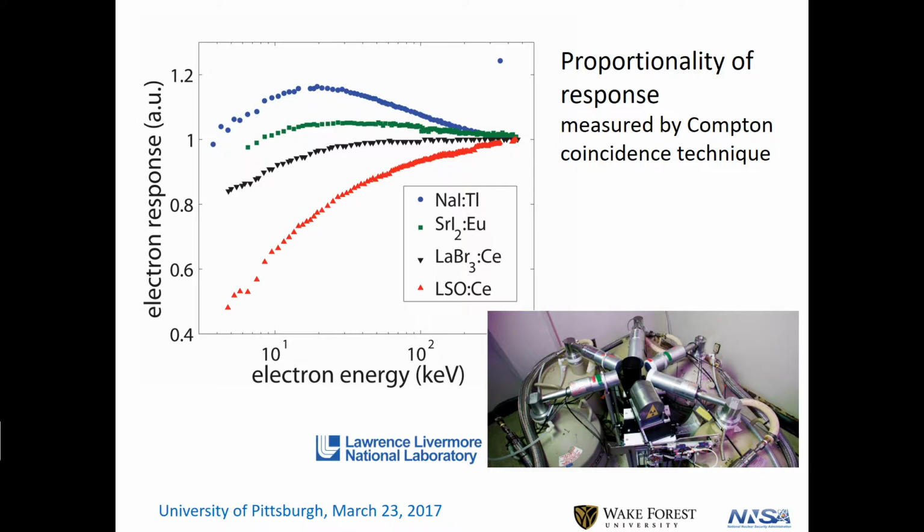And some of them are coming pretty close, like the lanthanum bromide I mentioned, and the strontium iodide is even better. And so a lot of people look at that and say, well, you just record that and then calibrate it back in to remove this nonlinearity. But that doesn't work, because the stopping of a gamma ray is stochastic. Every time is different. Every gamma ray,